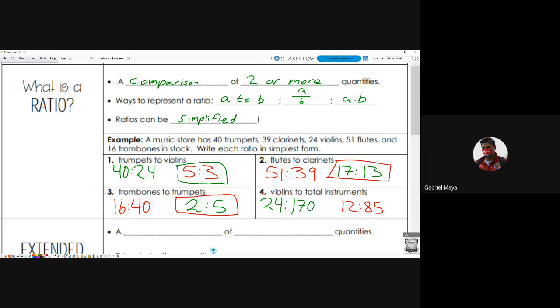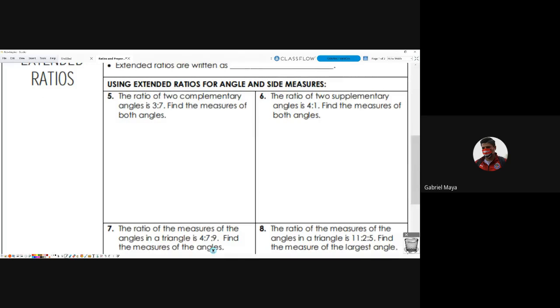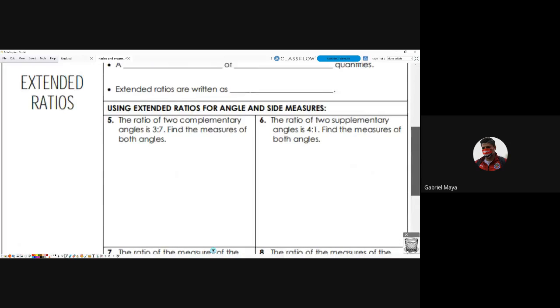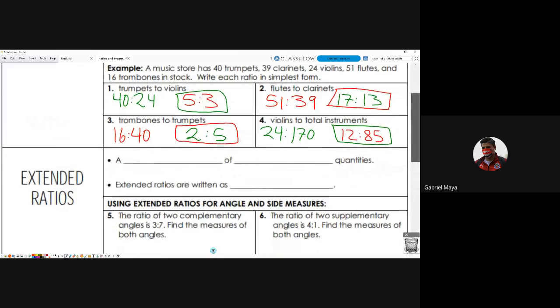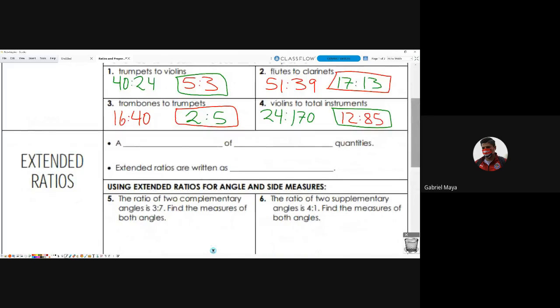All right. So let's go ahead and move on to the next portion. Now let me box the answer. Did I go up too much? Okay. So now let's talk about extended ratios. You ready for extended ratios? Well, what could that mean? Okay. So extended ratios are a comparison